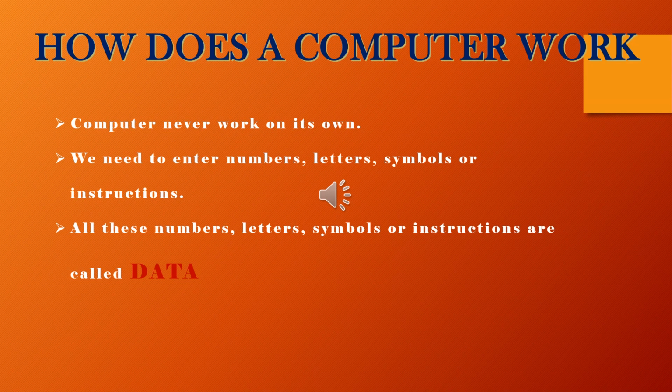See, you have seen a keyboard or a speaker. We need to enter something into the computer, like when we type, either we type numbers or letters or symbols, or we give instructions. Like in the previous video of chapter 1, I showed you how to turn off and turn on. These are the instructions you give to the computer, to switch on or turn off or to open a file. Not exactly by speaking, by clicking you are giving the instruction. And these numbers, letters, symbols or instructions, all together we call data, right?